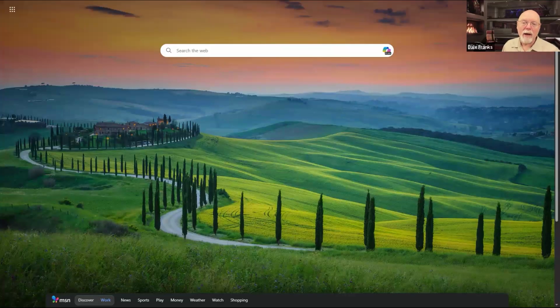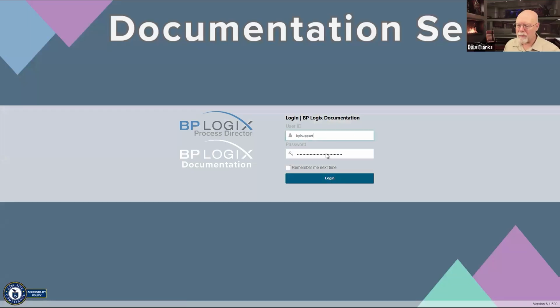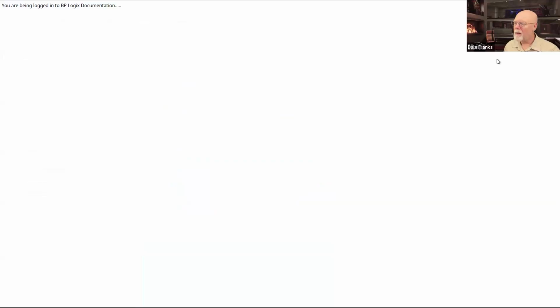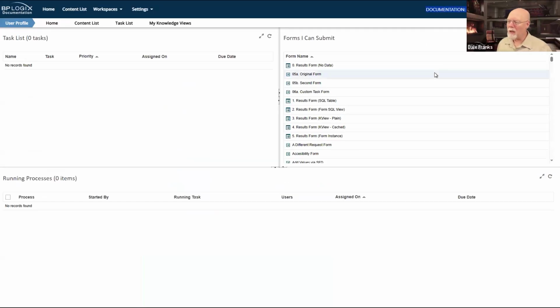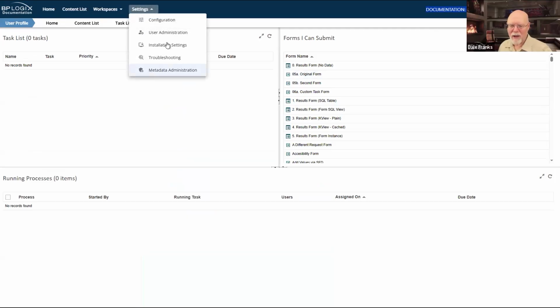In fact, if we go to the documentation server, I log in there real fast, we can immediately see documentation running latest dev build of 6.1.500. So that tells me that this is right out there on the bleeding edge of technology, or at least where the bleeding edge of technology was as of Friday morning. So I'm sure there are some changes that we've had since then.